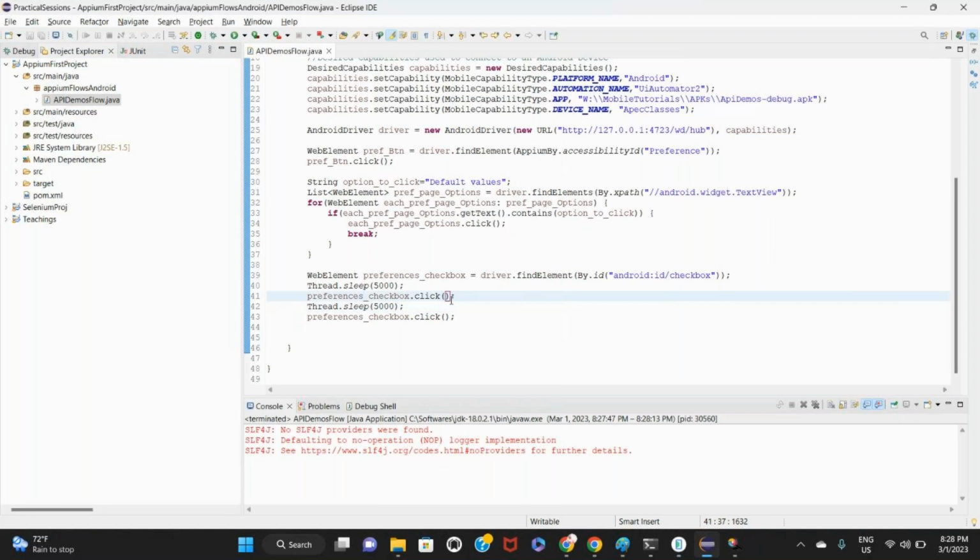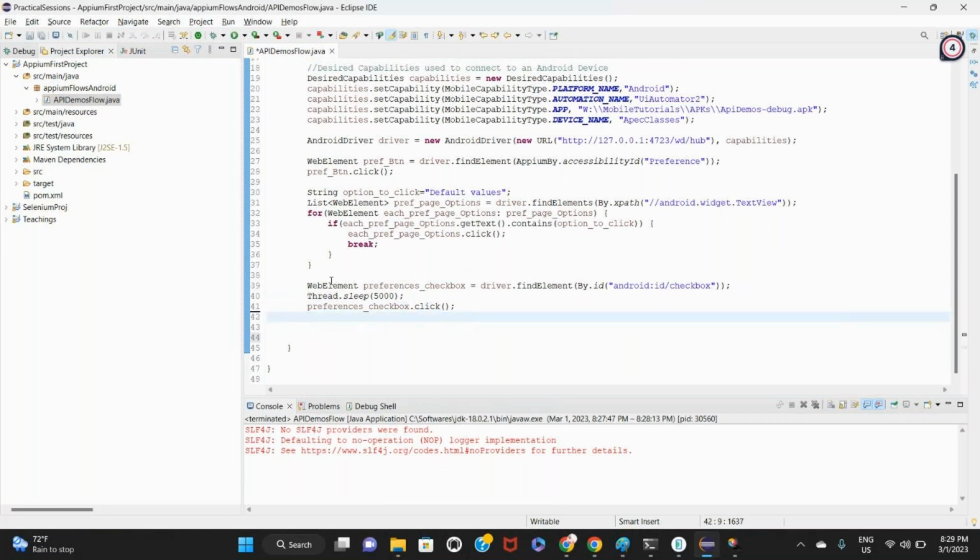So before clicking on it, I want to understand my requirement, and according to that, I have to put in a conditional statement. My requirement is I have to check whether it is selected or not. If it is selected, I shouldn't do any operation. If it is not selected, I have to do some operation, which is just a click. So I'll get rid of these multiple clicks, and I'll add just a conditional statement like, if the checkbox is selected,